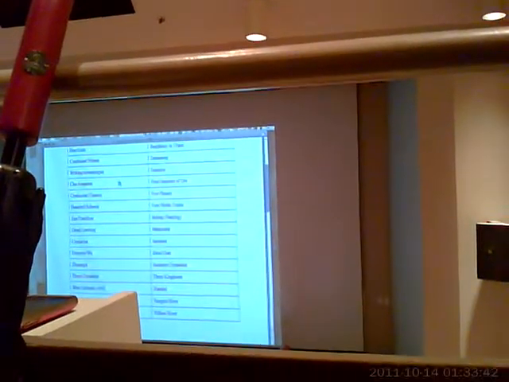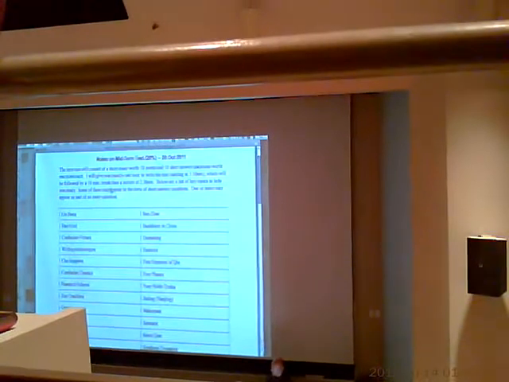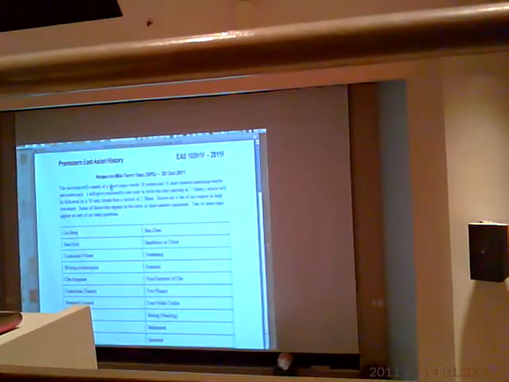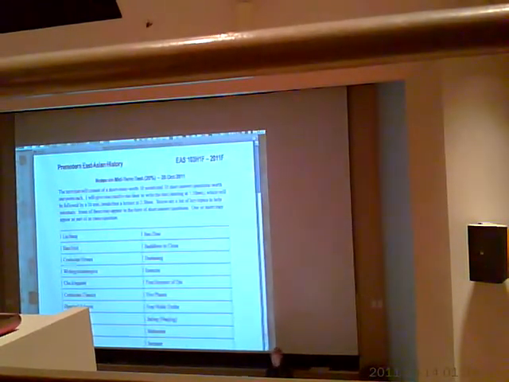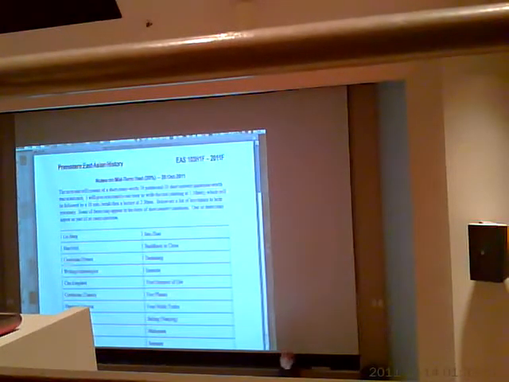Of the term, but some of them might go into a short answer question. So the whole test is worth 20%, and we've broken it right in half. The essay is worth 10 points, and then there are 10 short answer questions worth 1 point each.